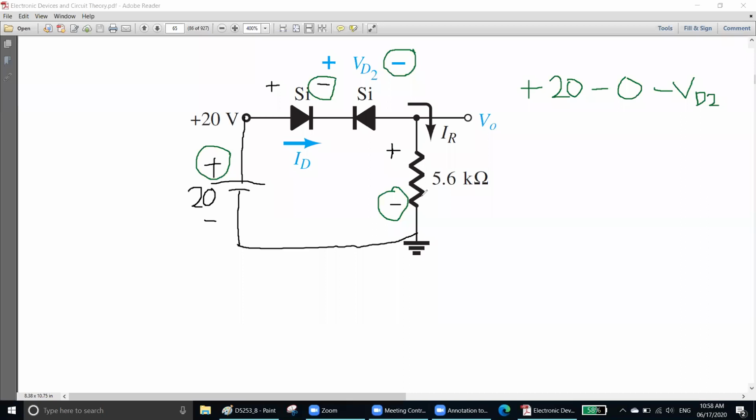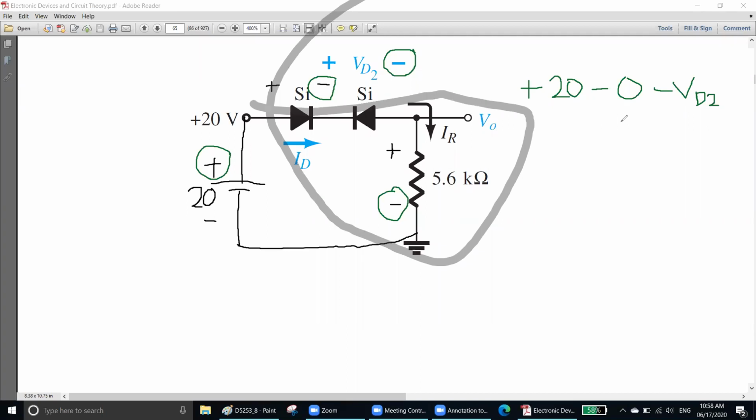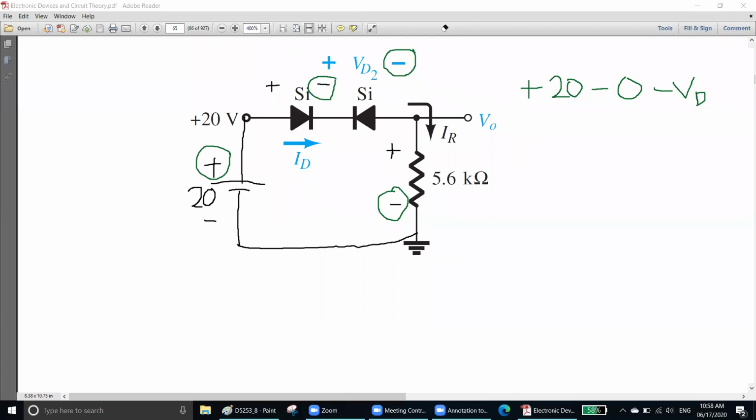And what about the voltage of the resistor? We do not know yet. But remember, this current is 0, right? Because there is no current, since one of our silicon diodes is reverse biased. So what is the voltage of the resistor? According to Ohm's law, V is equal to I into R. Since your I is equal to 0,